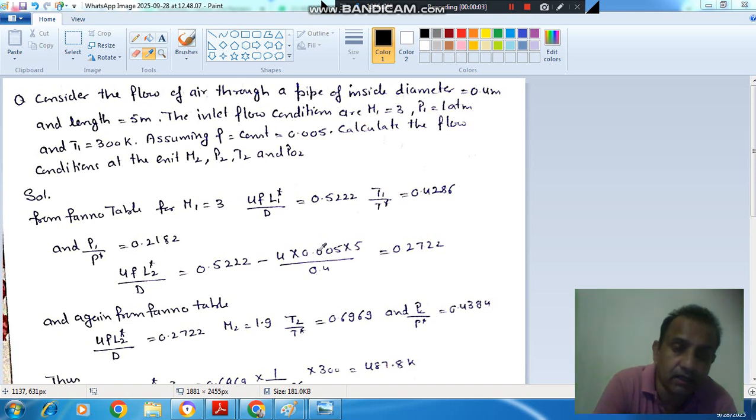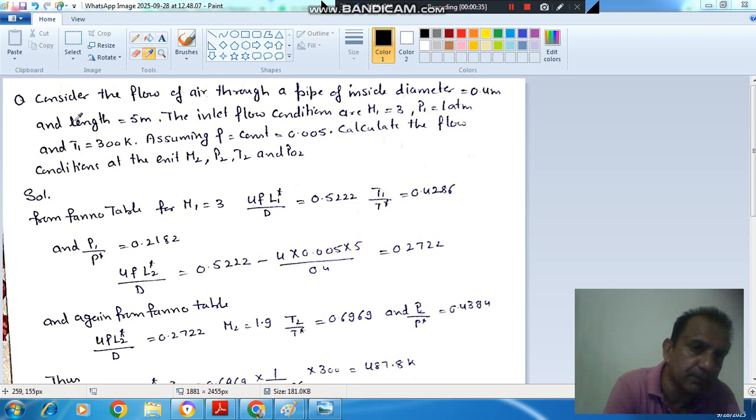Hello, welcome again. We are covering the subject compressible fluid flow for civil services mains, IFS and GATE aerospace. We have just covered the topic one dimensional flow with friction or Fanno flow and solved one numerical where the initial Mach number was subsonic, less than 1. Now we'll solve a second numerical based on the same topic, and the initial flow is now supersonic.